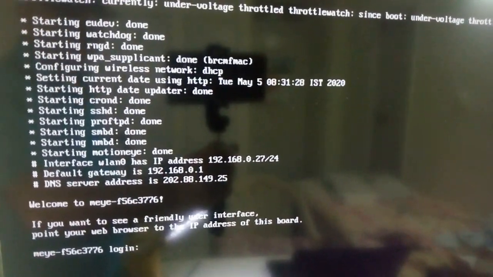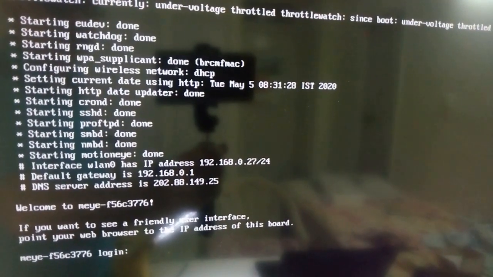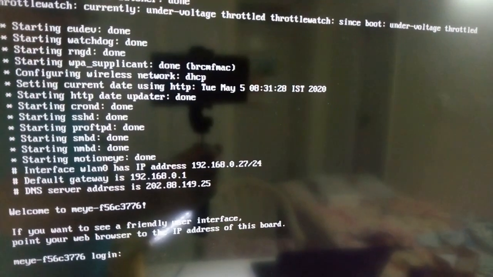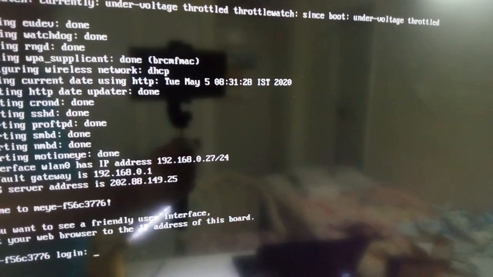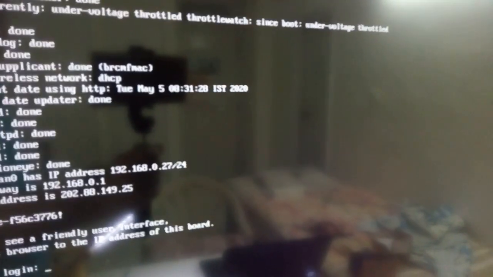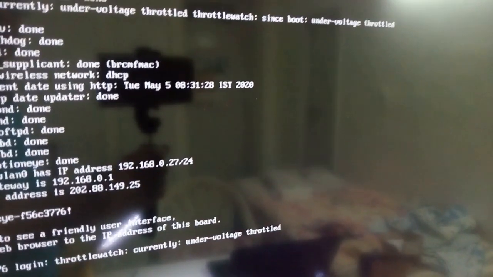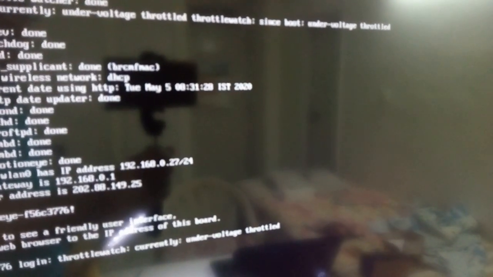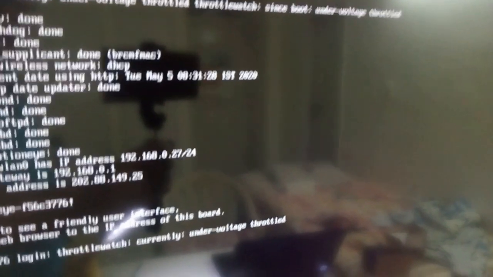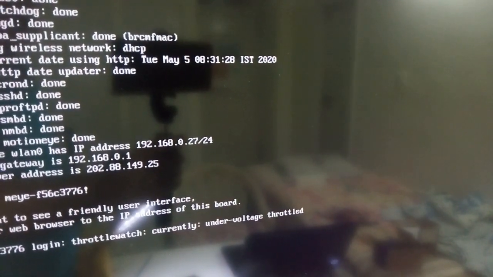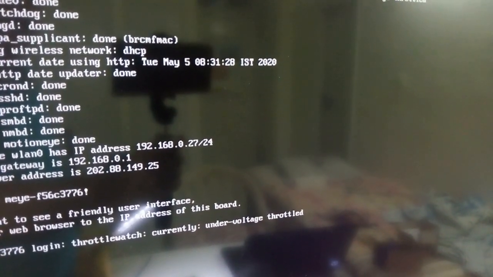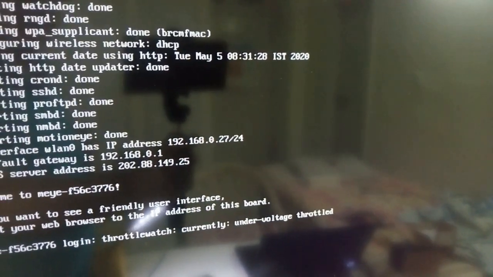So the Pi has booted and we can see the IP address here, 192.168.0.27. So this is the IP address of the Pi, and the server is 202.88.149.25. This is the server address.